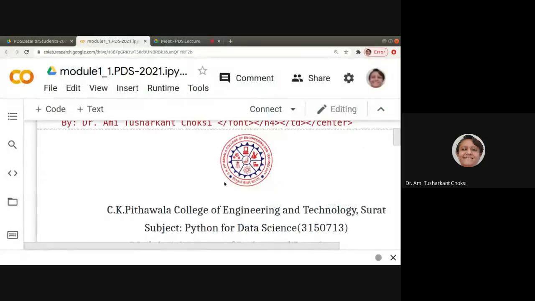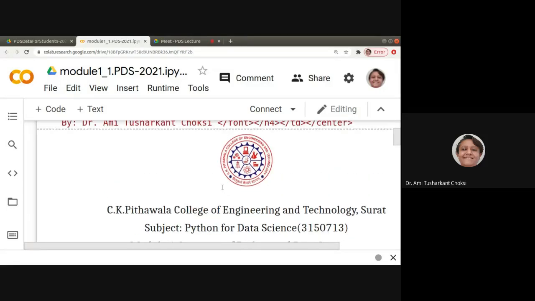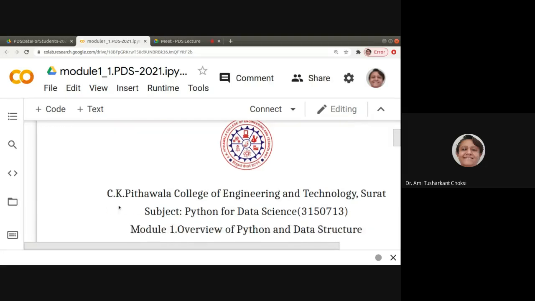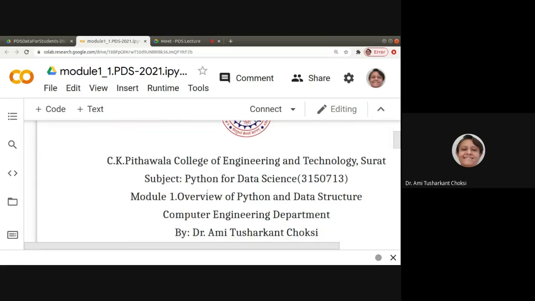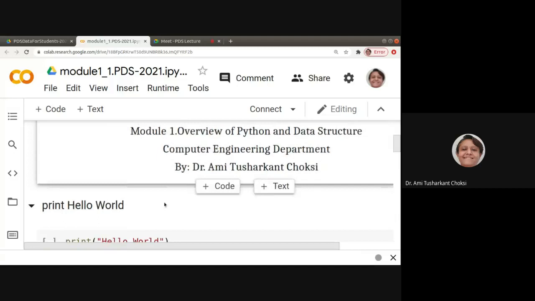So here is our Google Colaboratory file, and that's what we started with yesterday. You also have to make it the same way for your practical and for your theory assignment. College logo should be there. Then after the college name, subject, then whatever your assignments are that you will be writing. But here, instead of my name, you students will be writing your own names, right? So that's what you should consider.